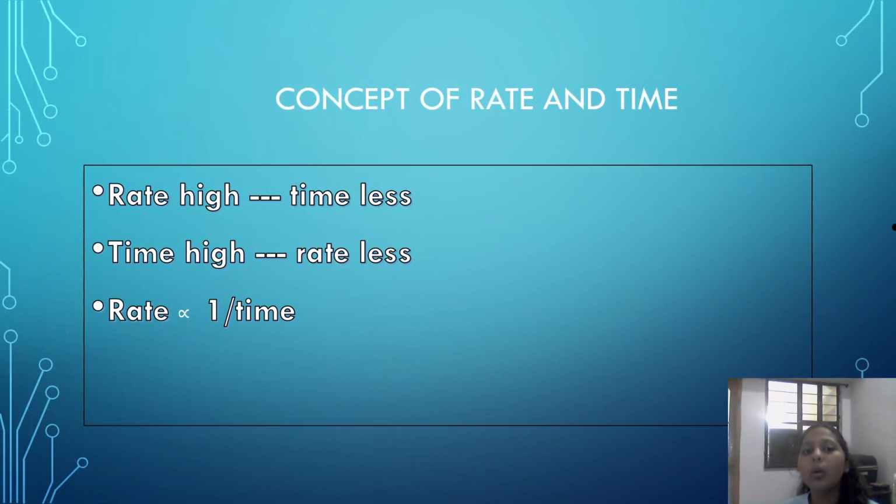and time. When the rate is high, the time is less. About the rate we have studied in our earlier classes, right? So a rate is basically a ratio of comparing two different quantities, typically measuring how a quantity like distance or energy changes in relation to time, right? Like if we take an example,